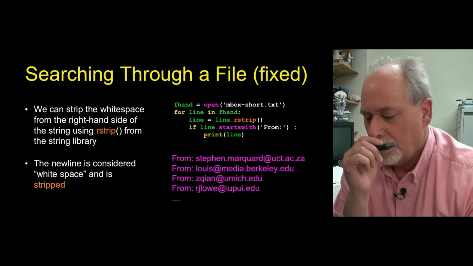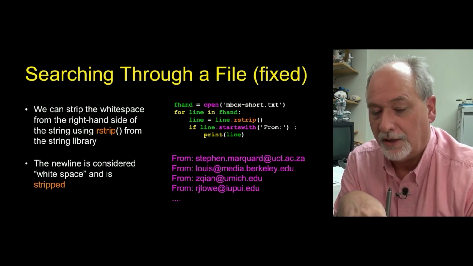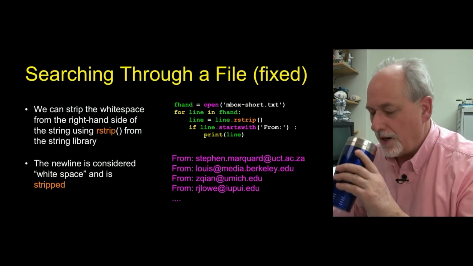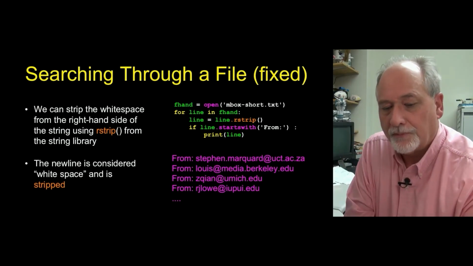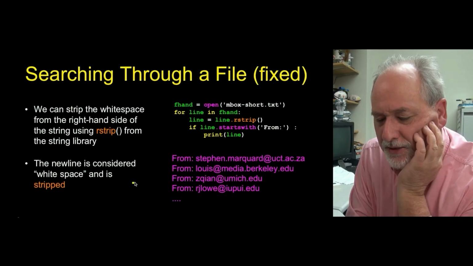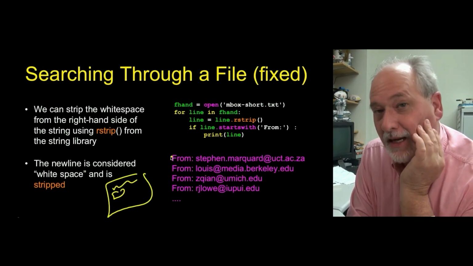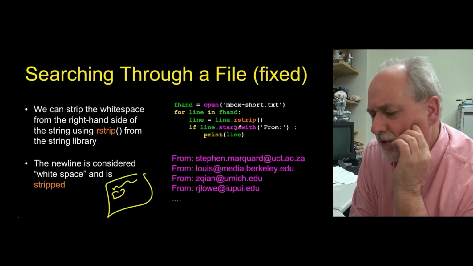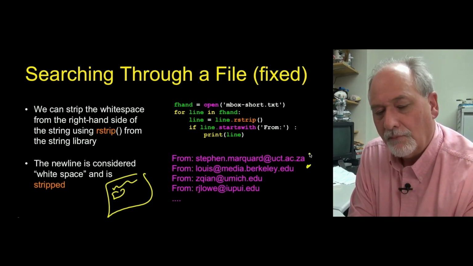But thankfully, as we saw in the previous chapter, there is a nice little function in Python for strings called strip that allows you to throw away white space. True. And to review, remember white space is anything that doesn't print. And this new line is a non-printing character. So our strip gets rid of it. So it's a way to get rid of white space. And rstrip does it from the right end, the right end of the string.